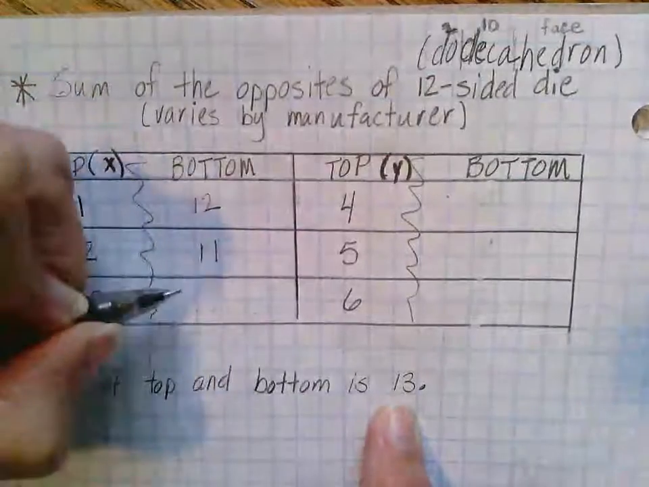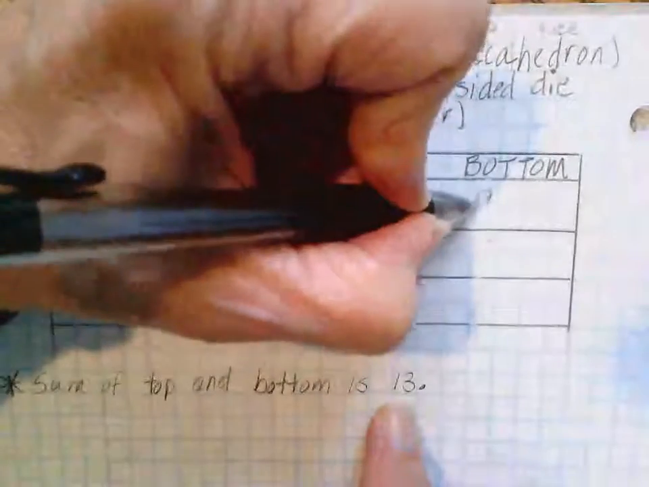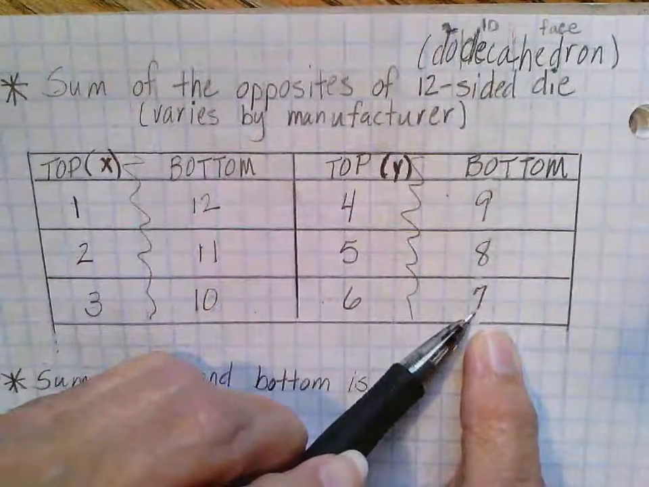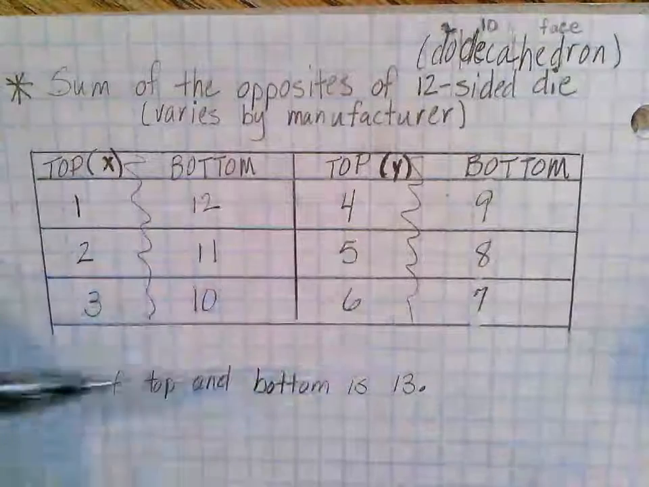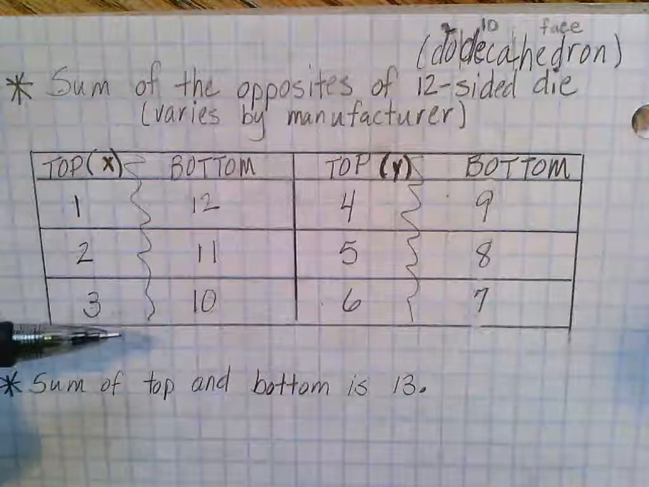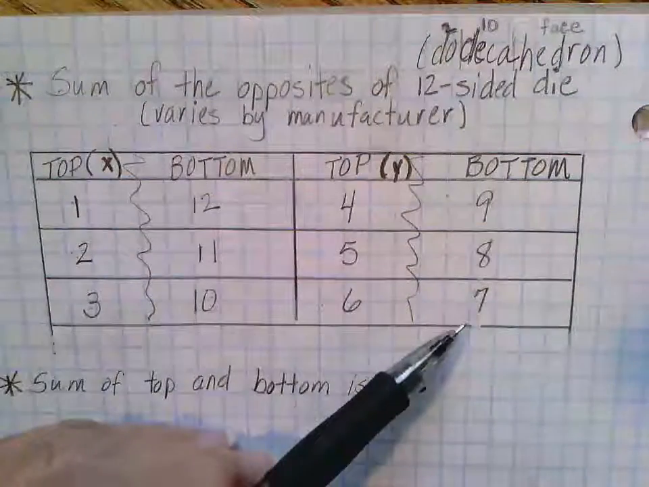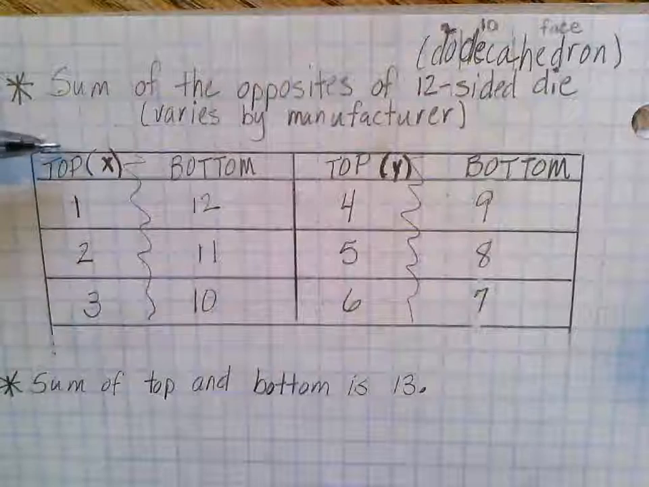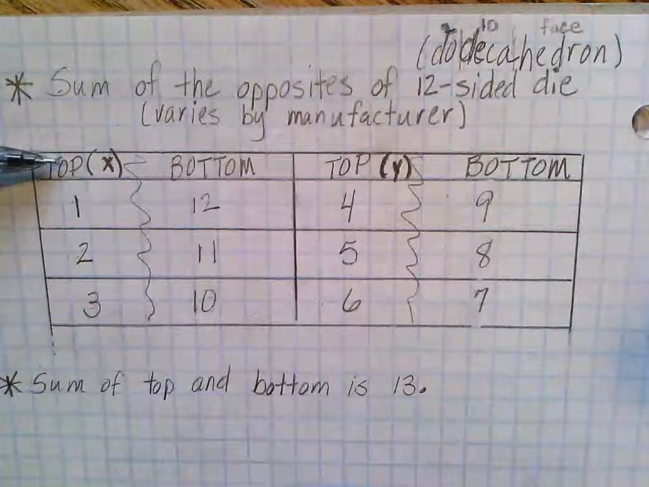This would be 11, 10, 9, 8, 7. And the reason I'm stopping there is because then we're going to be repeating the same thing again. If the top number was 7, the bottom number would be 6. So they're just the opposite then. We're going to assign